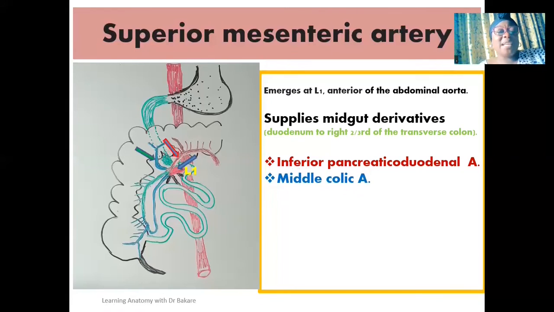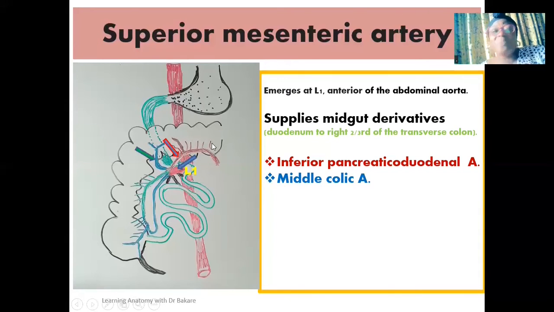This is the middle colic artery, and you see the middle colic artery highlighted in red here. It emerges and it gives off branches to supply the right two-thirds of the transverse colon. So the region of the large intestine that it supplies is the transverse colon, even though it is not the